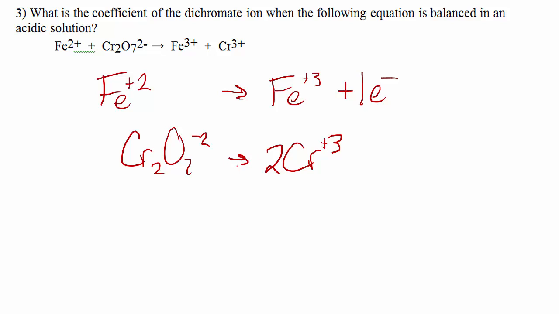All right, now we balance oxygens. So I'm going to need 7 H2Os over here, which means I'm going to need to balance my hydrogens. I'm going to have 14 H pluses over here. And now I'm going to have to figure out my charges. I got plus 6 over here, and I got plus 12 on that side. All right, well, I must get,